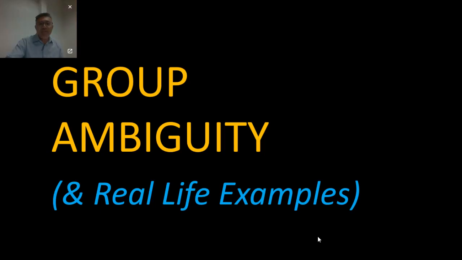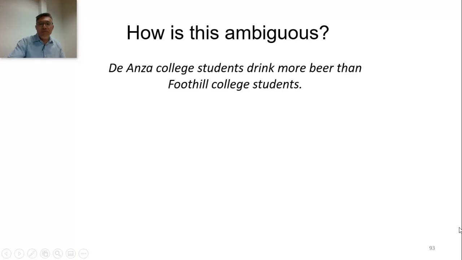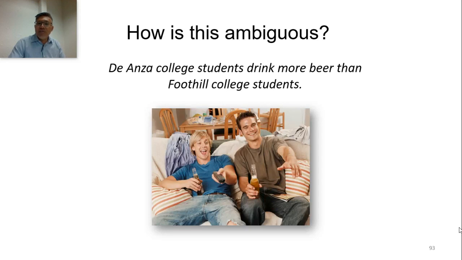Okay, so let's take a look at this whole notion of group ambiguity. Let's say I said something like the following. De Anza college students drink more beer than Foothill college students. Can you see how that statement is ambiguous? Can you see how there may be more than one way of understanding what is said? So if I said to you, De Anza college students drink more beer than Foothill college students, does that mean